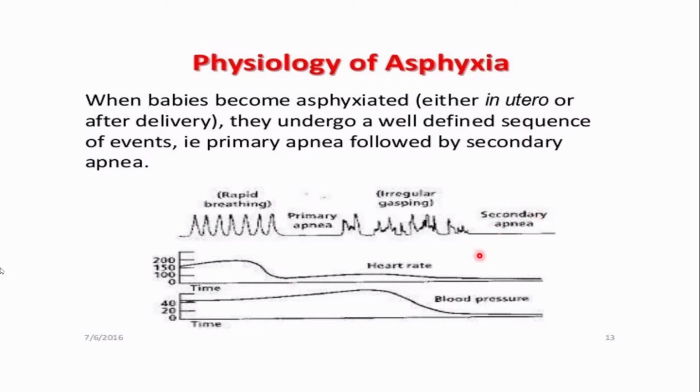Okay. Once the child develops secondary apnea, even if you stimulate, they will not be able to regain the respiration. So you have to give respiration from the outside by means of positive pressure ventilation, that is by bag and mask ventilation. Now, this process can occur anytime in utero or during birth. So if a child is born with apnea, we always assume that the baby is in secondary apnea. Okay, so we do not waste the time giving tactile stimulation.